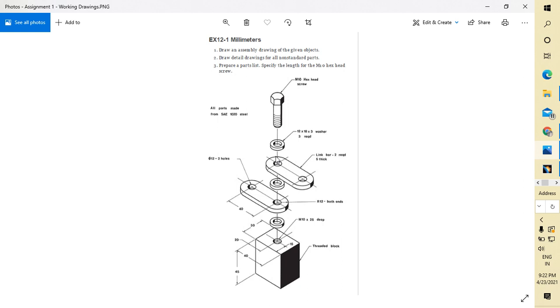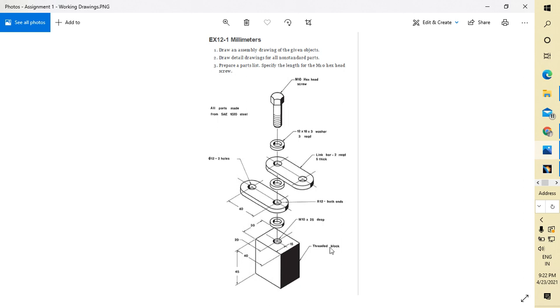I will show how to represent this assembly package in a standard way, so that anyone can see this is first number part, this is second number part, this is third number part, and so on. So without much delay, first of all I am going to make this threaded block of this